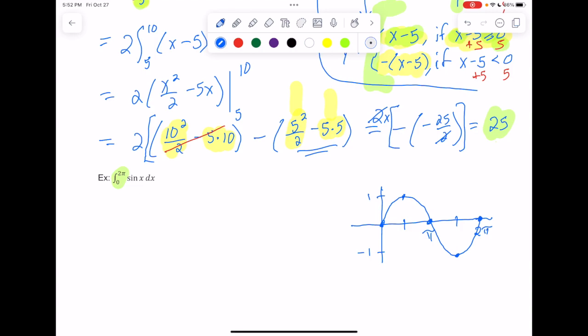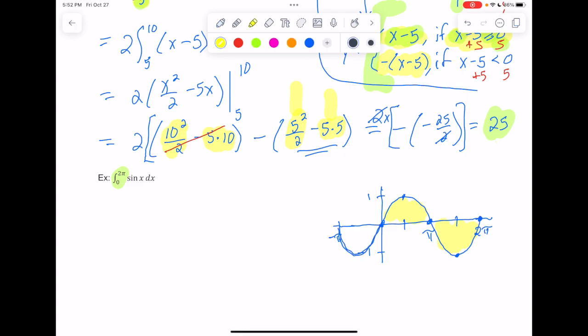But if you look at it, what's going on there? Something pretty cool is going on there. This portion and this portion are equal but opposites. And in fact, that's kind of why sine can end up being an odd function, because it does the same thing. If you went over here to negative pi, you get another branch of that.